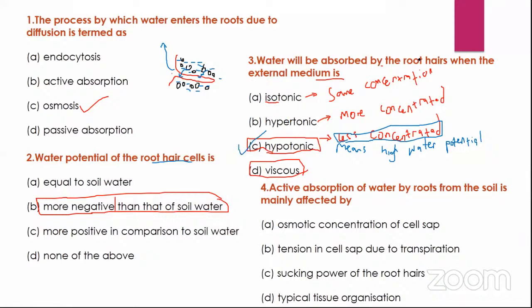Okay, and then: active absorption of water by roots from the soil is affected by. With active absorption, it means that energy is being used, which energy normally is in the form of